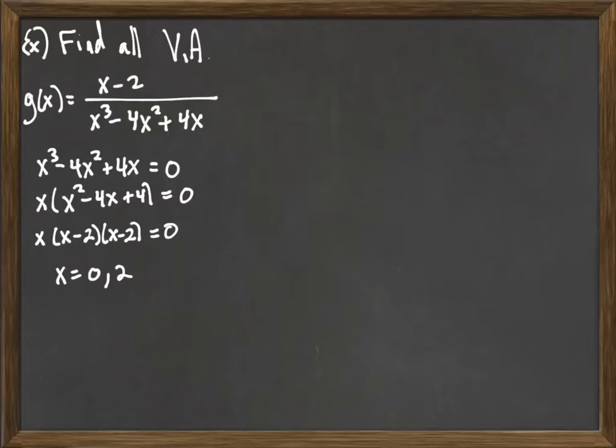Now, what we did in the previous example is we looked at them individually. What happens as I approach 0? What happens as I approach 2? To see what kind of a limit we're dealing with,